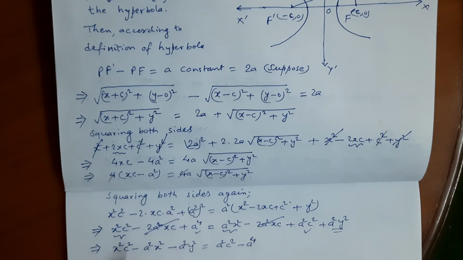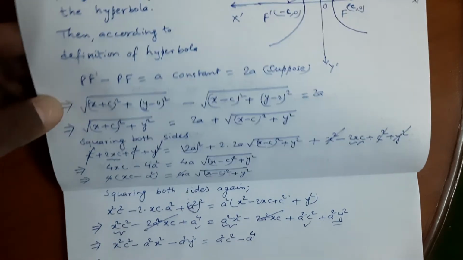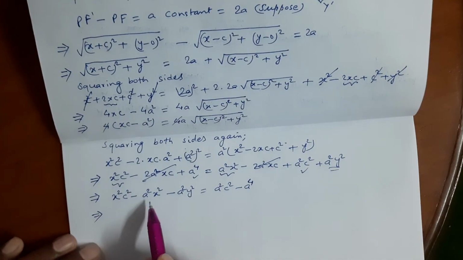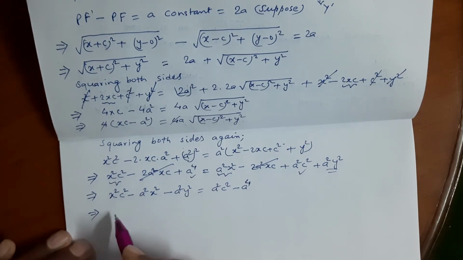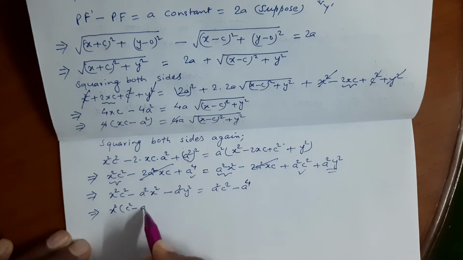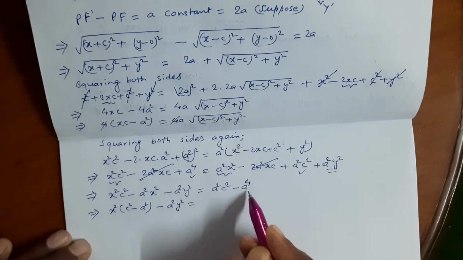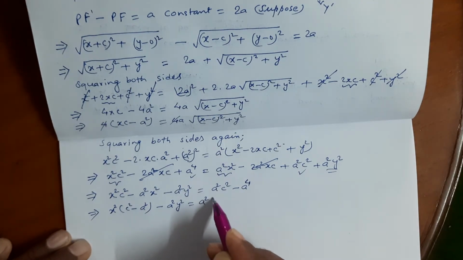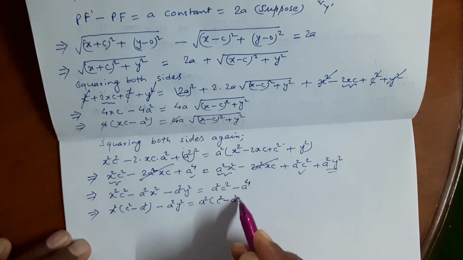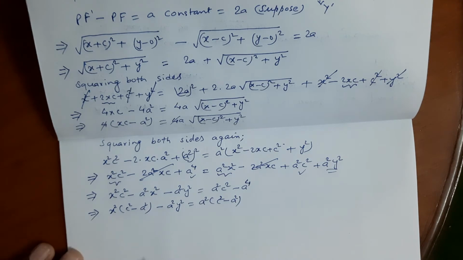And now we have common from these 2, so x square is common. c square minus a square will be here, minus a square y square equals to, from this 2, a square is common, so we have c square minus a square. Okay, and